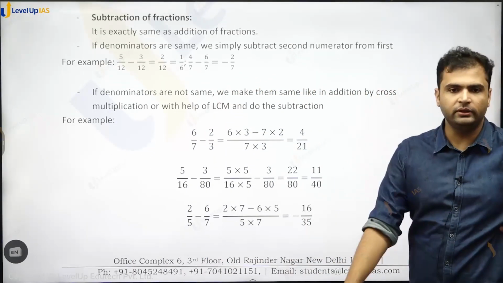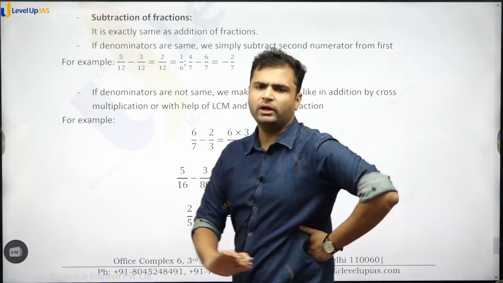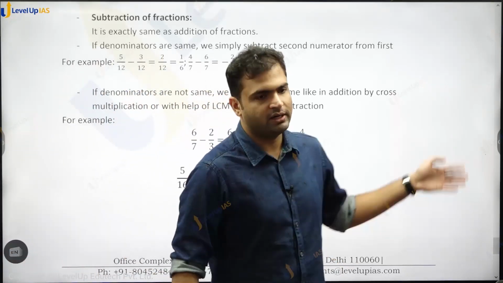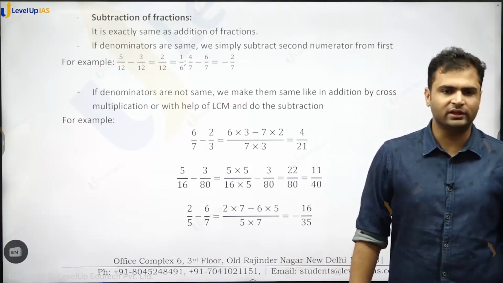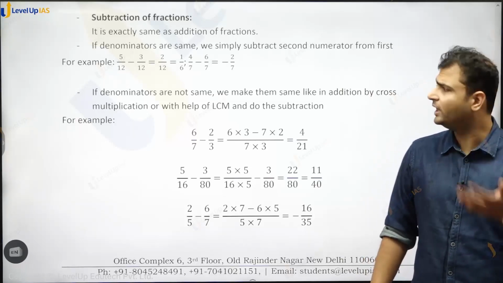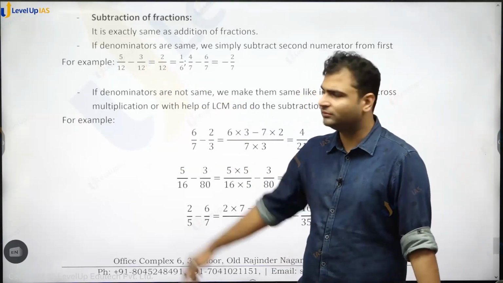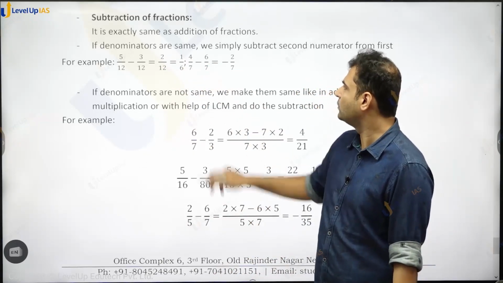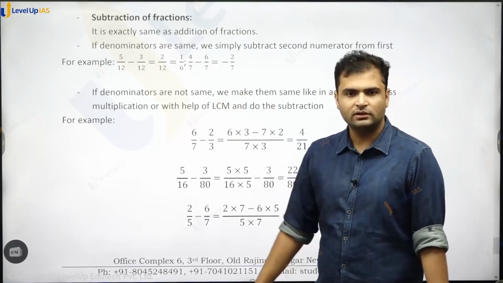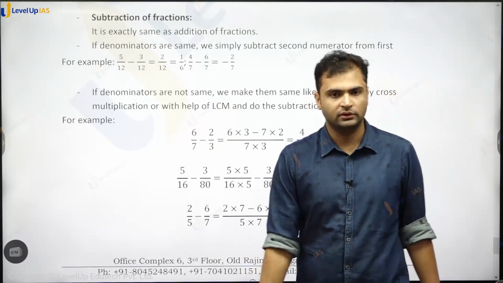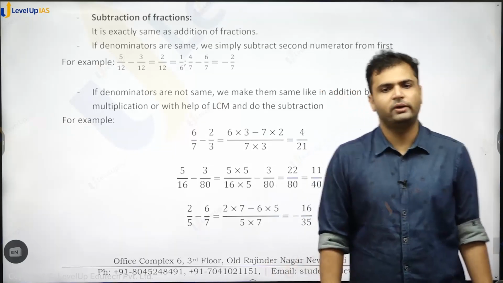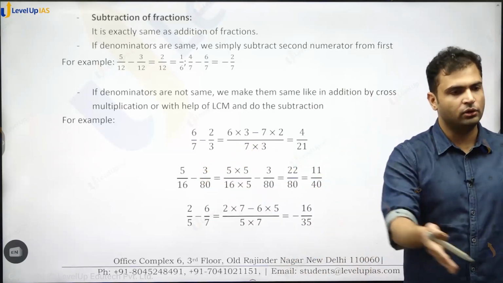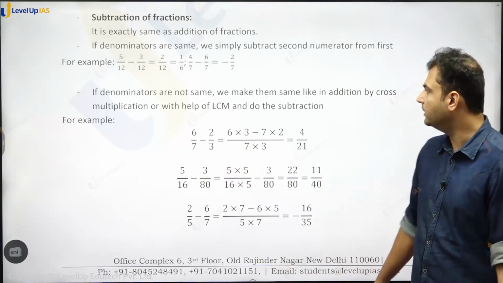Fine, let us deal with subtraction of fractions. Same, exactly same as addition, कोई change नहीं. There we were making the denominator same and adding the numerator. Here we'll make the denominator same and subtract the numerator. Exactly same. So 5 by 12 minus 3 by 12, 5 minus 3, 2 by 12 is equal to 1 by 6. 4 by 7 minus 6 by 7, 4 minus 6 is minus 2 by 7. Numerator 1 minus numerator 2 divided by common denominator. If denominator is common, directly subtract कर देंगे, अगर नहीं है तो denominator को common बना के subtract कर देंगे। बात वही है।